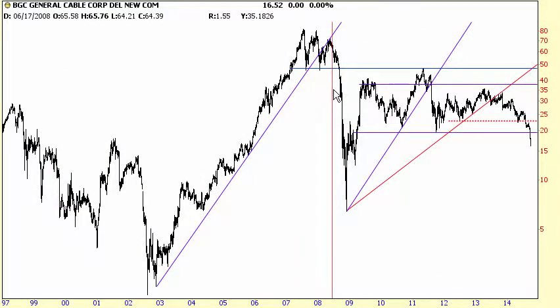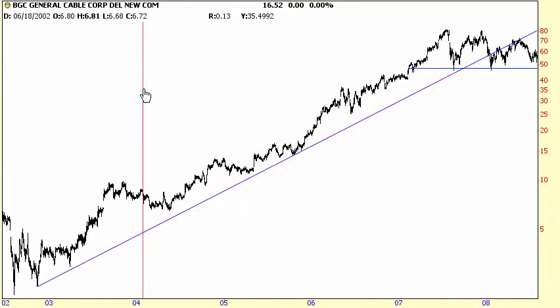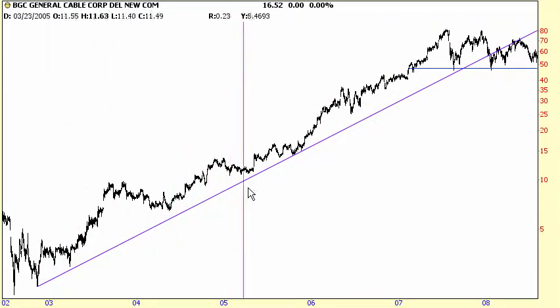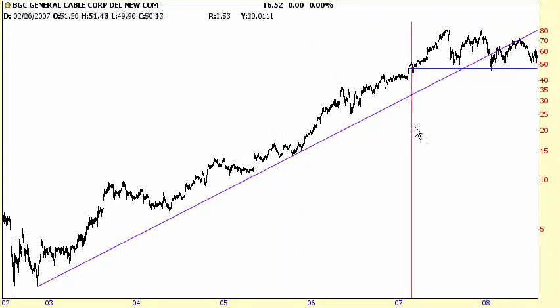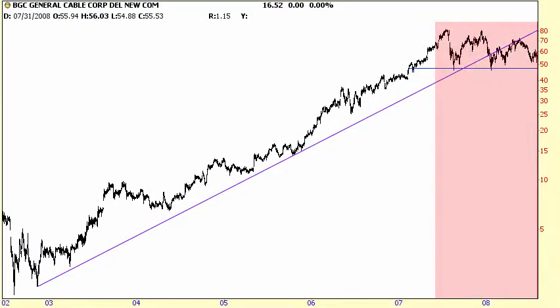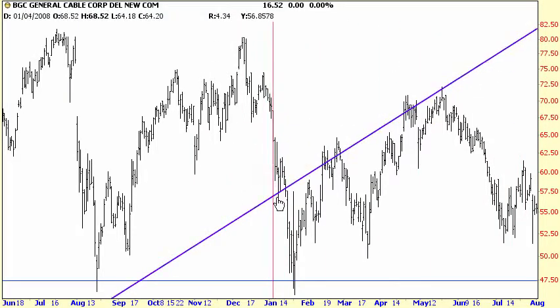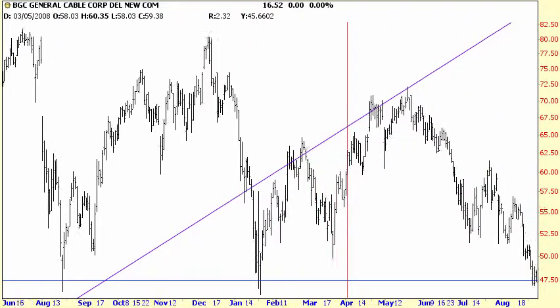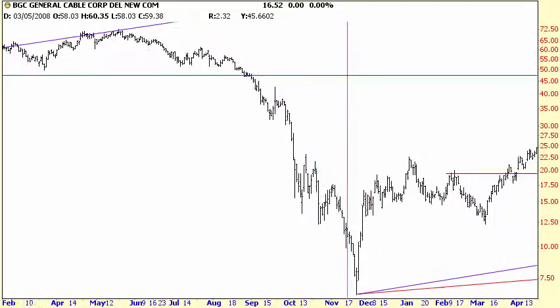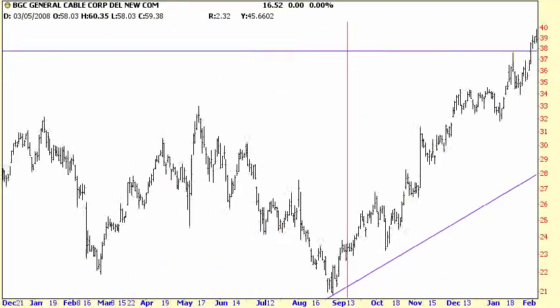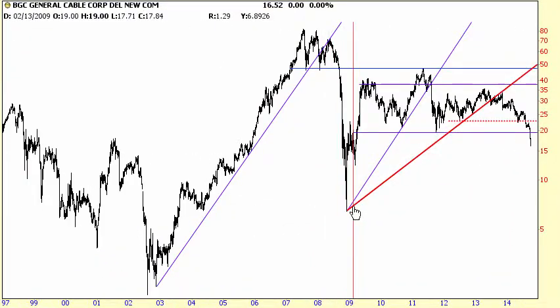Now, it's when crossover takes place that is one valuable way to use trend lines. Here's General Cable, and there's a trend line showing touch point after touch point where, upon approaching the support line, the price bounced higher. However, a break occurred here in late 2008, and importantly, the break was met with attempts to get onto the other side of the trend line, but the line had changed its role from support to resistance, and that would have been an ideal place to short the stock or buy puts on the stock and